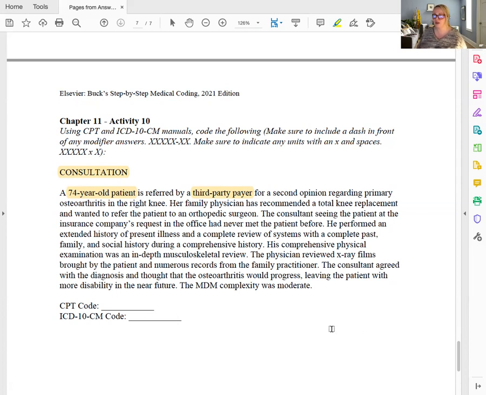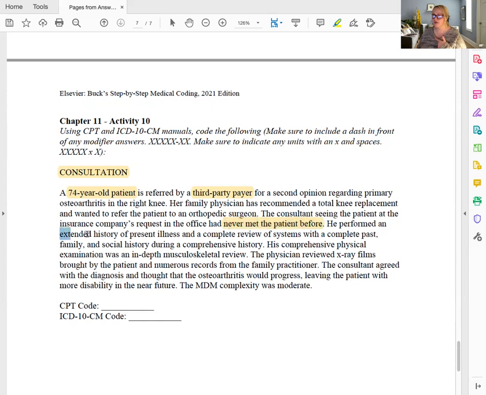Now, there are a few things I want to look at to make sure this is in fact a consult and not a regular office visit. Number one is that it was referred by somebody other than the provider the patient is seeing, and it wasn't just the patient who wanted to see the provider. In this case, that's already identified. Number two is that the patient is receiving some sort of consult from the provider they're seeing. And in this case, the consultant seeing the patient at the insurance company's request in the office has never met the patient before